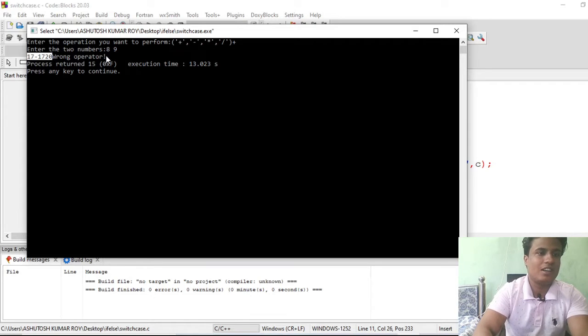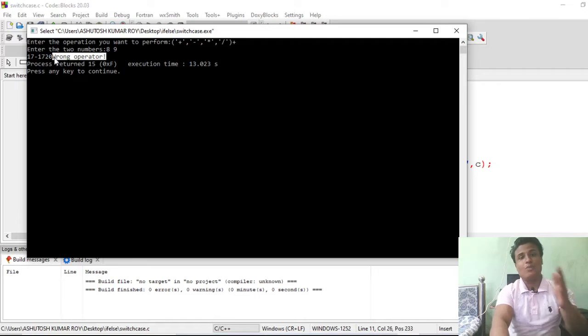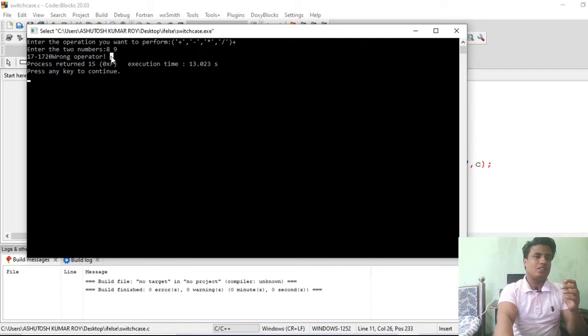Also the default case is run. So now you see the usage of break. You must not forget the basic use of break if your logic requires it. Okay, so this is the case which I wanted to show you. So first of all, 8 plus 9, 17, then minus 1 for 8 subtracted by 9, and 72 for 8 multiplied by 9, and 0 for 8 divided by 9.